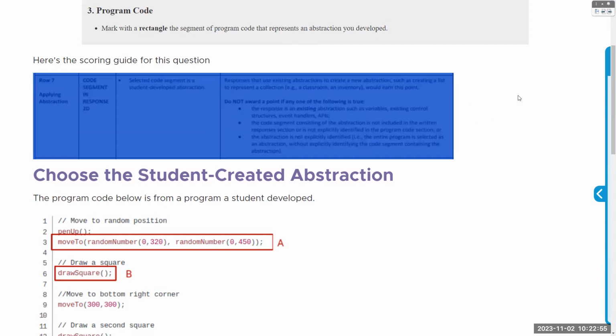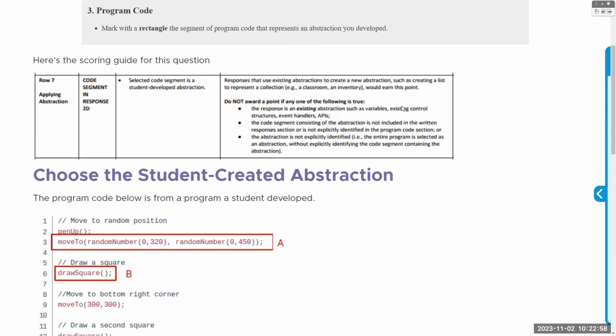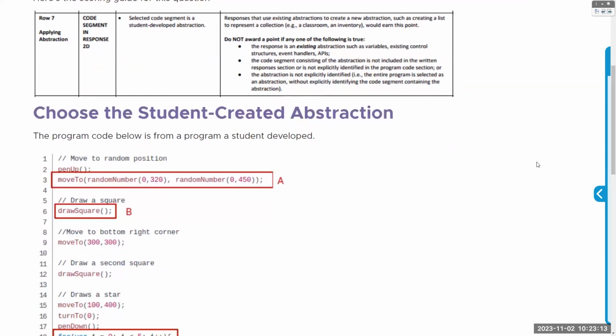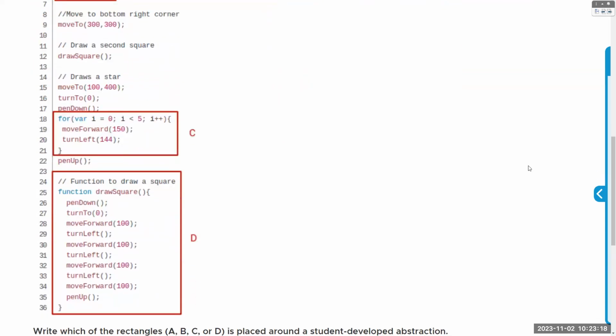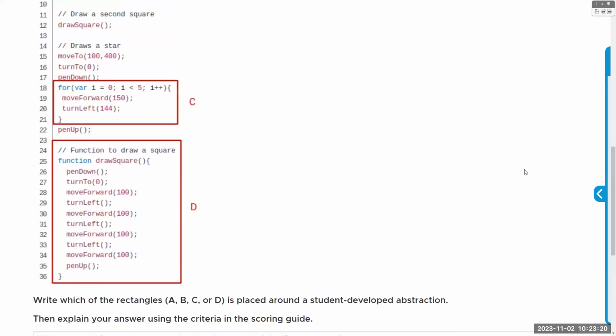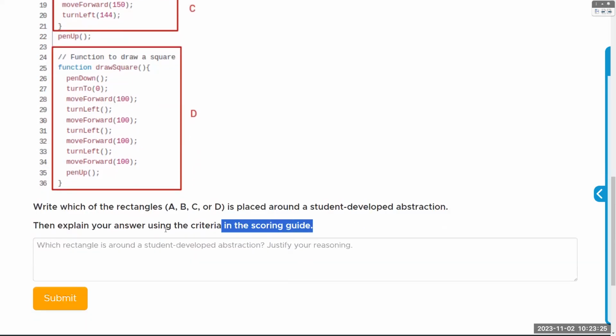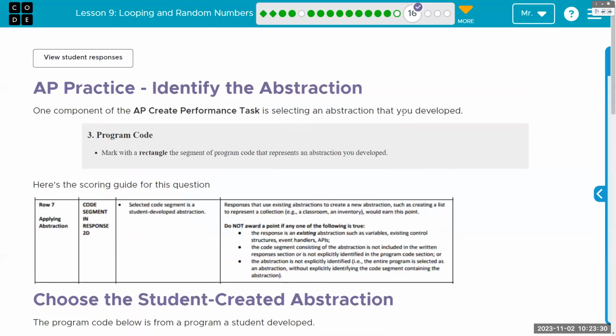And it says the response is an existing abstraction, such as variables, existing control structures, event handlers, and APIs, meaning you can't count something App Lab made as your abstraction. Take a second to think about that and essentially repeat what I said about explaining why it's that.